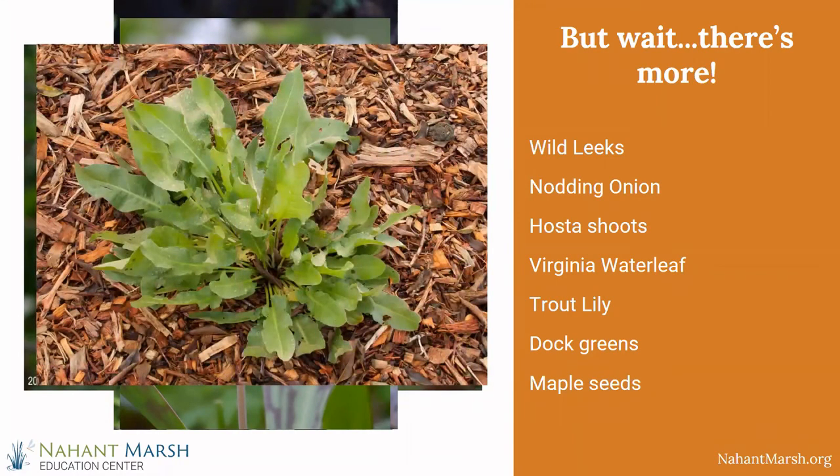Dock green. So curly dock is an edible leaf, and it does have a kind of slightly acidic, lemony flavor to it. The leaves are rather soft and smooth. I first learned about this one from my uncle, and he told me he likes to harvest his dock early in the year,